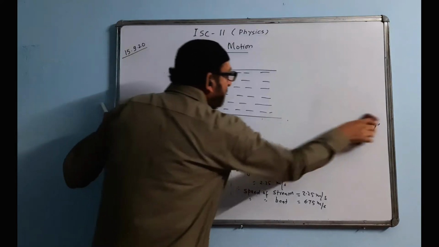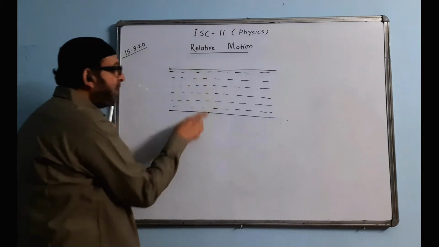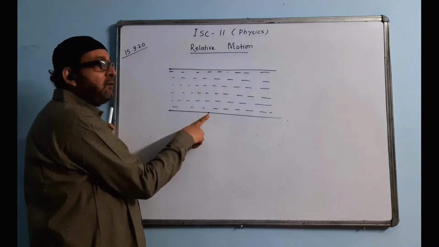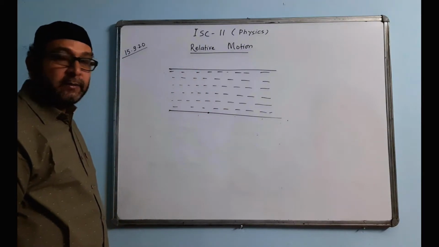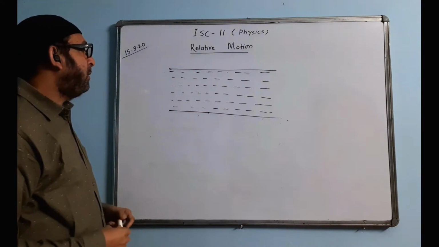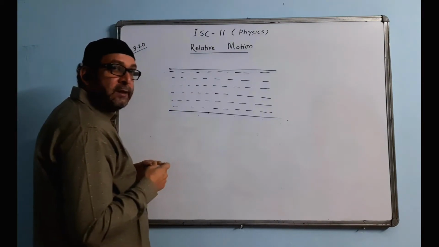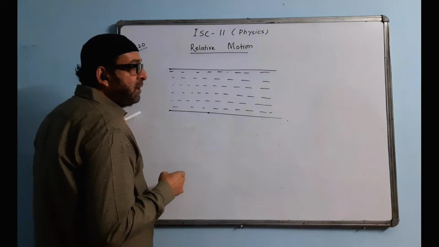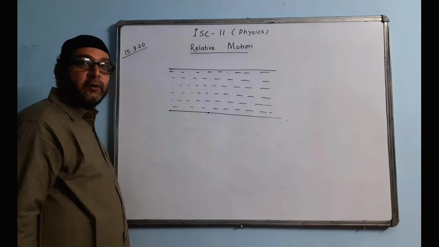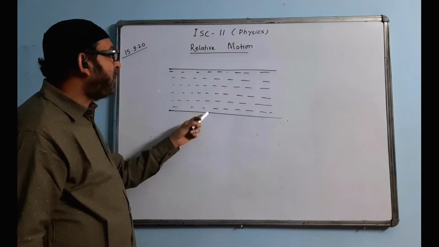Okay, now there is a different case. There is a river, a man is standing here. He wants to cross the river and wants to reach the opposite bank of the river. Now there are two cases here. The question may ask you how he should swim or at what angle he should swim in order to reach a point exactly opposite to the bank.